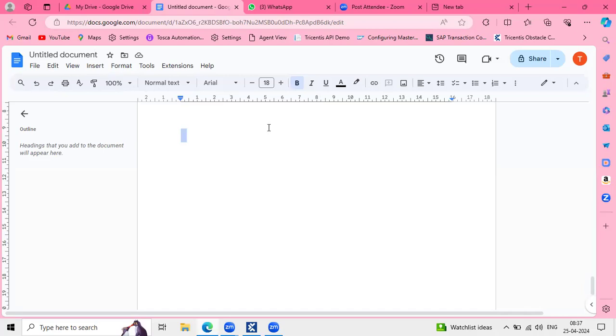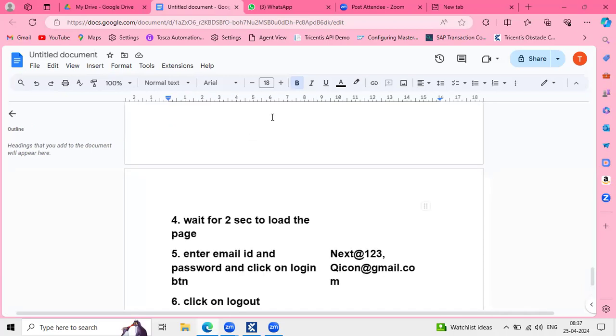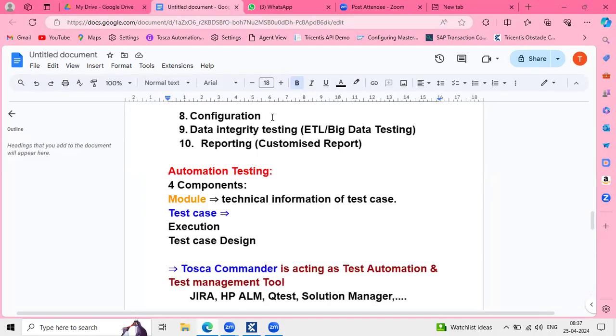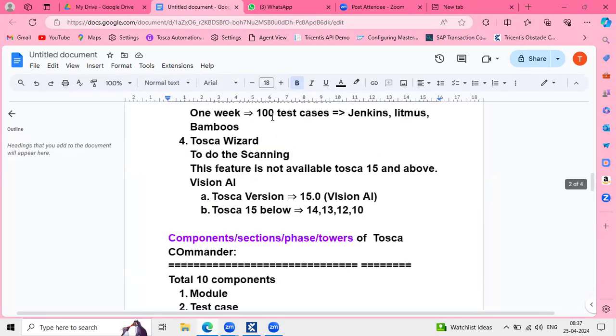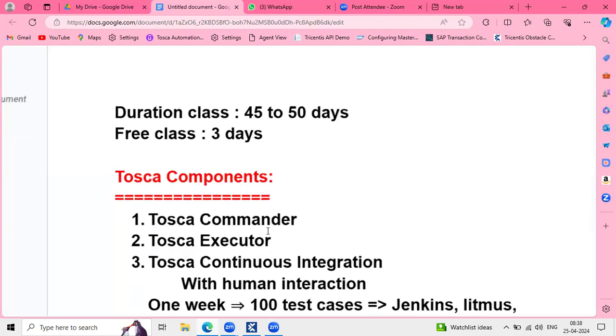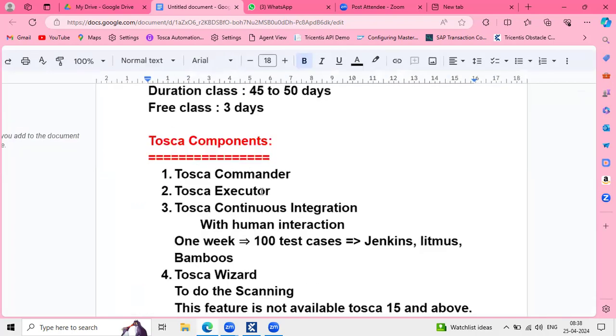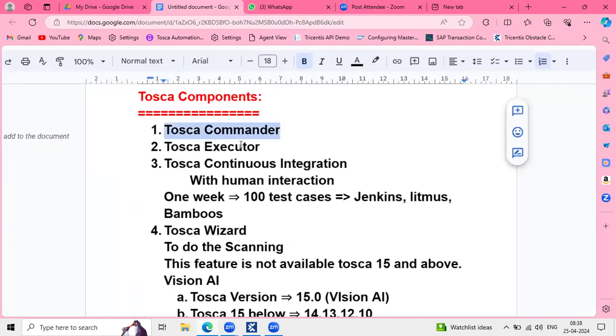One test case. So we just executed one test case, end-to-end test case execution, correct? Yes. So team, I'll just recap all these things once again. The document is already ready. I'm just giving an explanation. Okay. So yesterday we had a discussion of Tosca component, and I just explained what is Tosca commander, what is